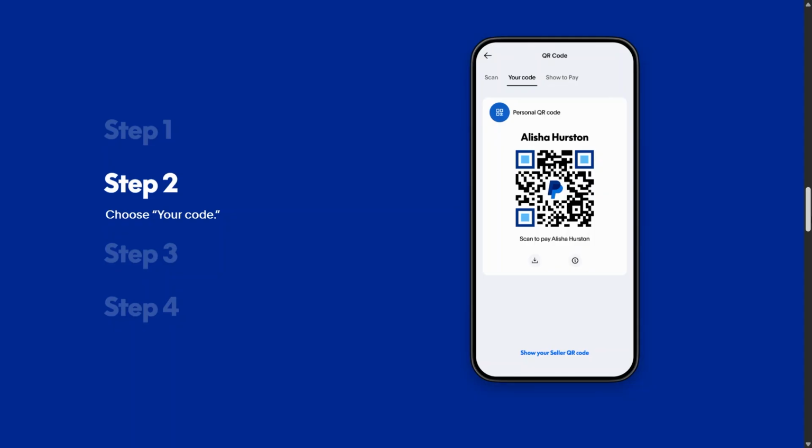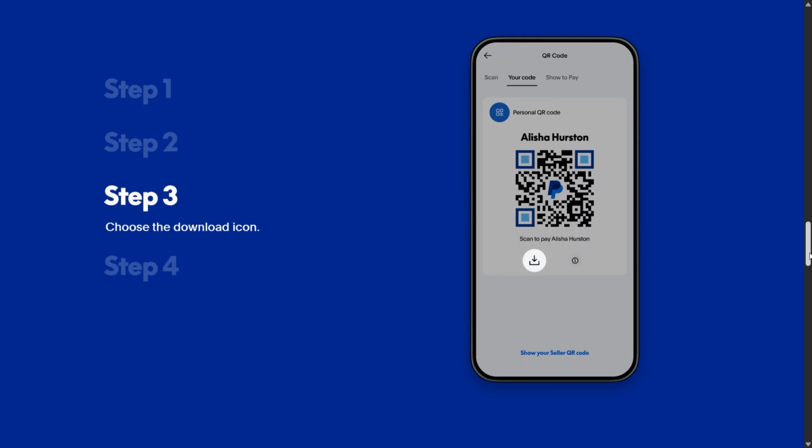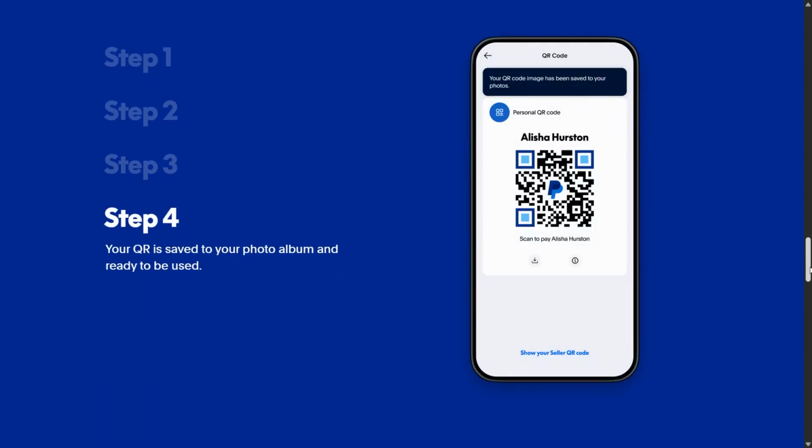If you regularly accept in-person payments, encourage customers to use your QR code instead of sending online invoices whenever appropriate, as eligible QR code transactions may help reduce your payment processing costs. Keep in mind that transaction fees, supported countries, and QR code features may vary depending on your PayPal business account